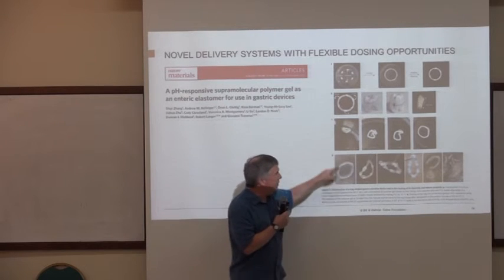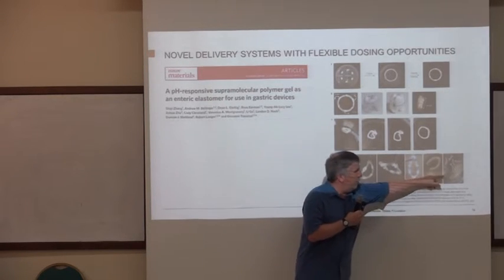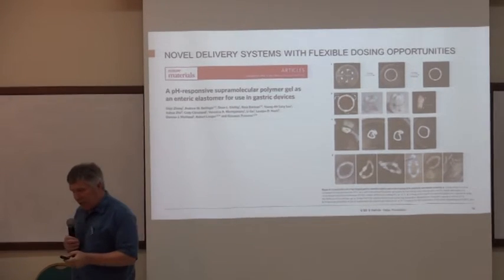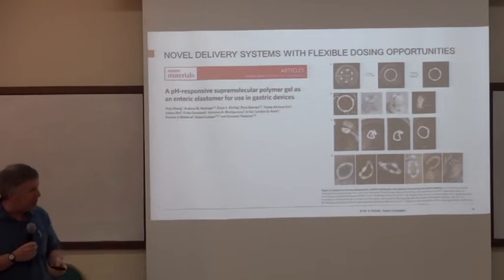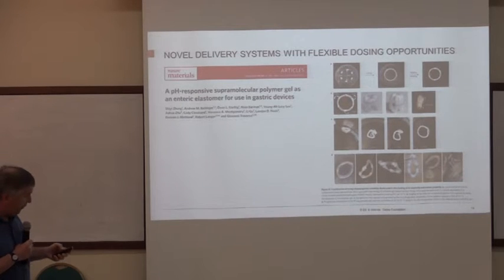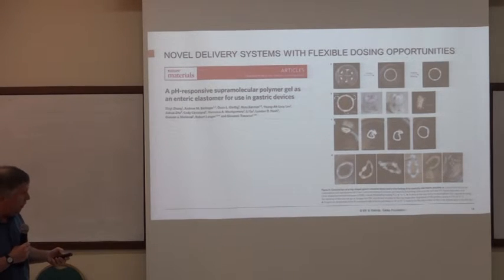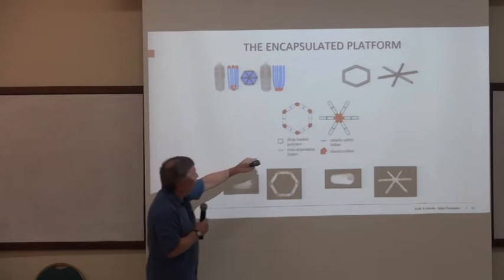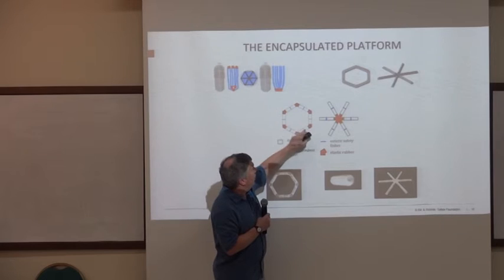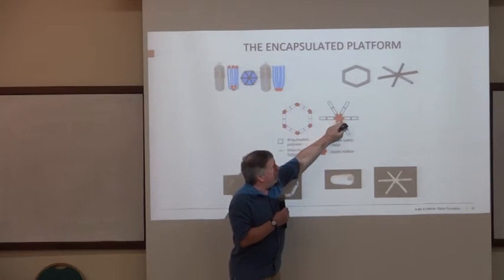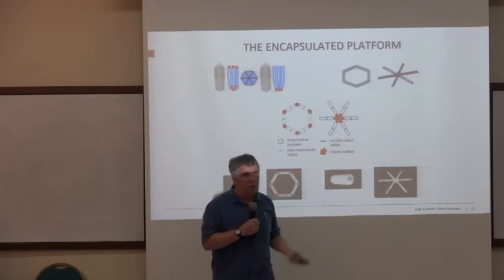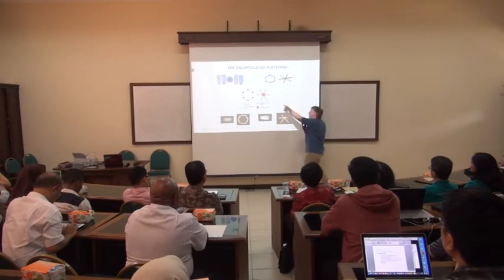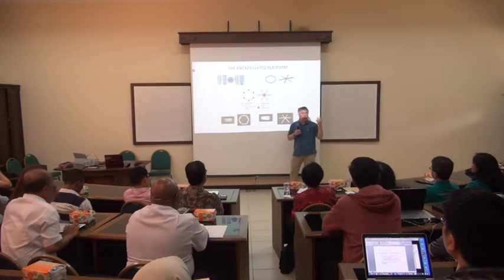So here actually what you're seeing is the pictures of the drug system after up to 14 days that it was in the intestine of a pig. And so it can change shape and then vary its delivery profiles. And essentially the idea is that you can create these different shaped components, and each one of these arms, for instance, I call this the drug starfish, or maybe here we call it the drug squid. And then we can fold it up, stuff it into a capsule, and swallow it.